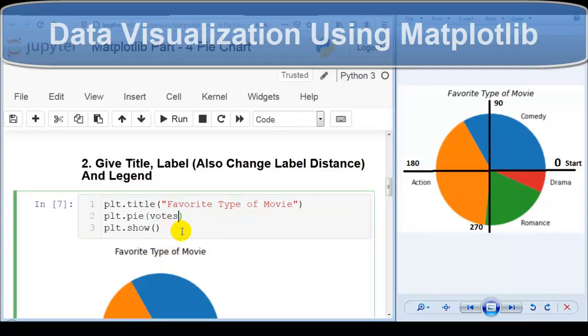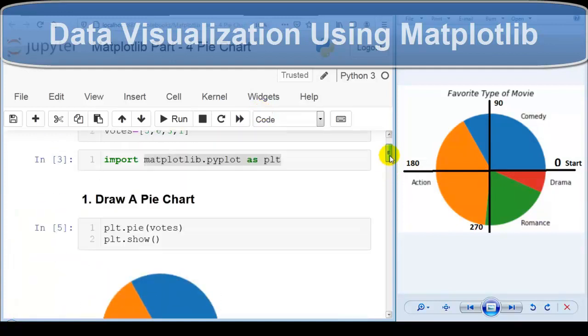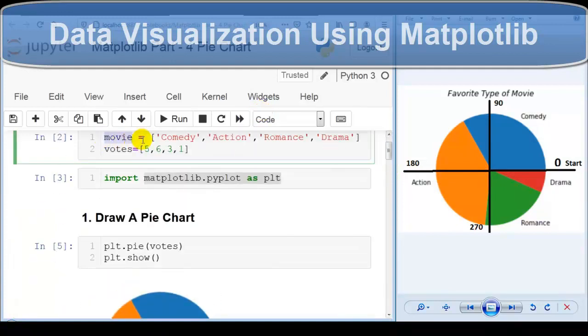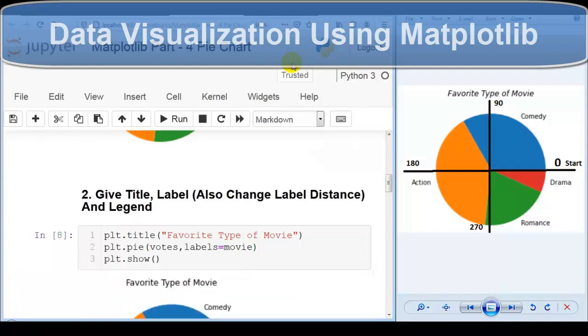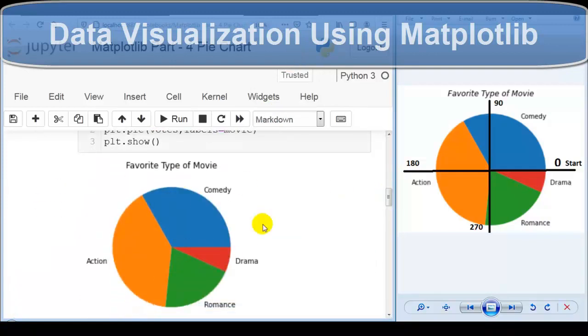Now we are going to add labels to our pie chart, like comedy, action, romance, likewise. For that we have to use the labels parameter, and here I am going to pass this movie. Let me execute this cell. As you can see over here, now it is showing labels on our pie chart.